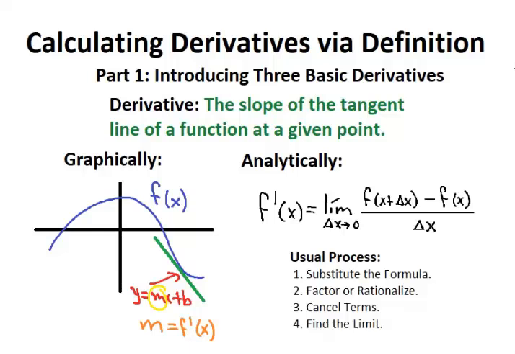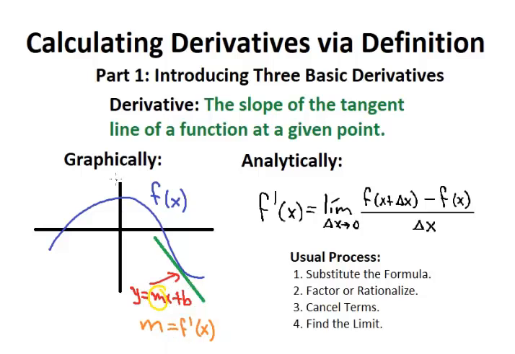Okay, we're going to see how to calculate derivatives via definition. A derivative is the slope of the tangent line of a function at a given point. Basically, you have any sort of function, like this drawing in here that you can see graphically. That drawing has infinite tangent lines around it at every single point, and every tangent line has a specific slope. That slope, represented with the letter m, is what we are going to call the